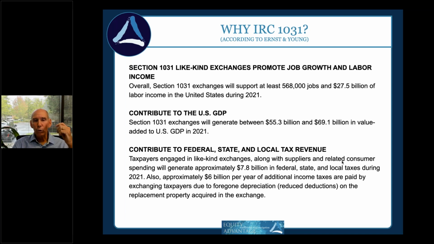So this is, according to Ernst & Young, the whole talk with 1031, the federal government looked at a situation where they thought, hey, we're going to realize an additional $6-7 billion a year in revenue if we limit 1031 to that extent. And Ernst & Young came back with numbers the exact opposite, to about the effect of threefold. So instead of having a positive net tax consequence, they would end up losing revenue, instead of gaining 7, they're roughly 20 in the negative direction if these things were put in place. But what's Ernst & Young know, right?